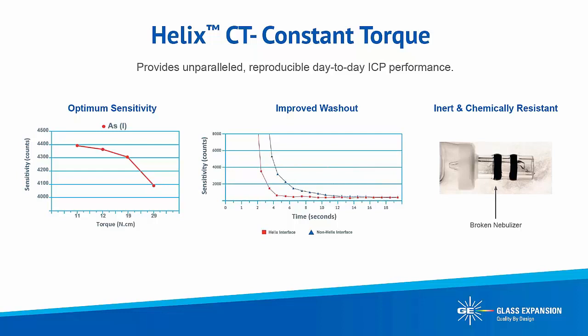In the diagram on the right, you'll see an old spray chamber with O-rings. One of the issues with the O-rings, as you're using concentrated acids, is that eventually they will degrade. If you're using solvents, they'll degrade much, much faster. What happens is they actually swell up with the chemicals that you're using. Eventually, if you don't replace them, they'll swell up so much that you won't be able to